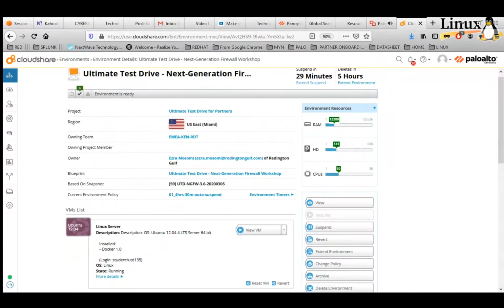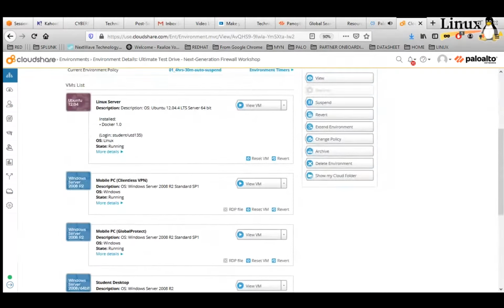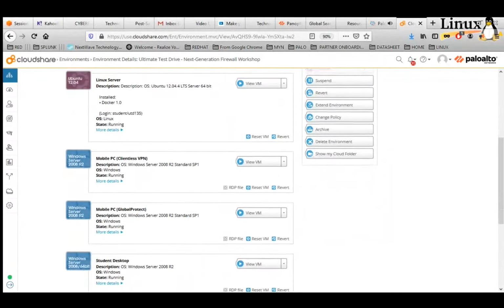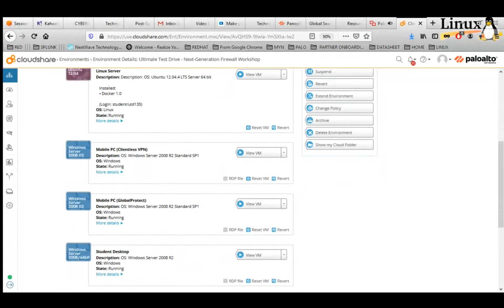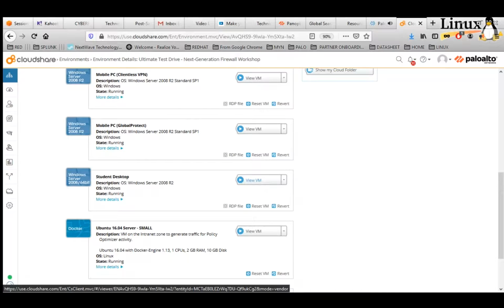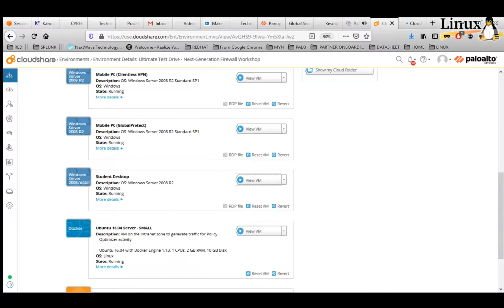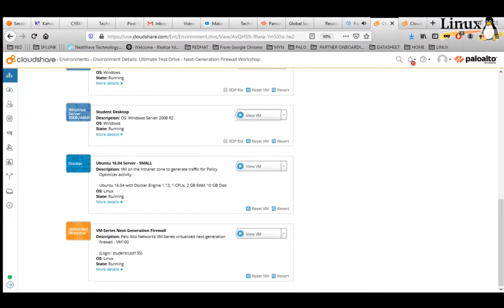So everyone's environment should look something like this. If you navigate down, we have a couple of virtual machines that are running. The one that you'll be using to do most of the configuration is the one labeled student. We've got others which are Ubuntu.